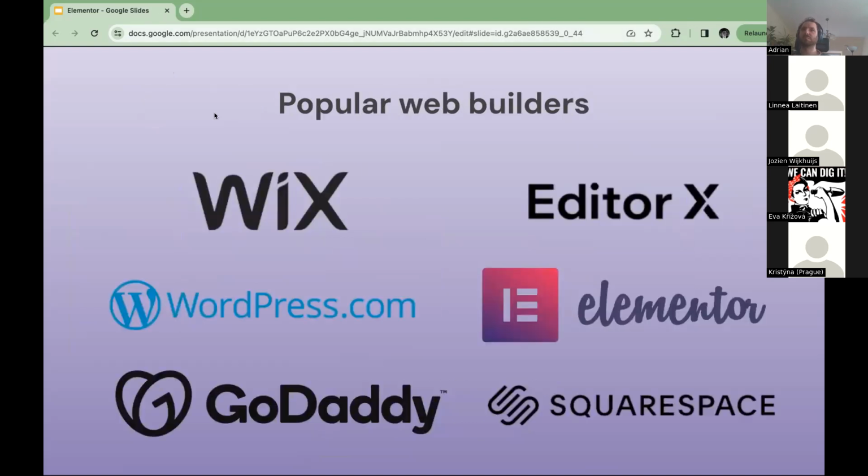Okay, so in here we have a little bit of overview of some of the web builders. Martin actually didn't include Elementor, and I believe the main reason behind it is that Elementor isn't a standalone website builder such as Wix, Editor X, GoDaddy, Squarespace, but it's actually part of WordPress. And that's probably one of the main differences between Elementor and the other web builders that we will talk about later. And I believe this is actually the biggest advantage of Elementor in comparison to the other web